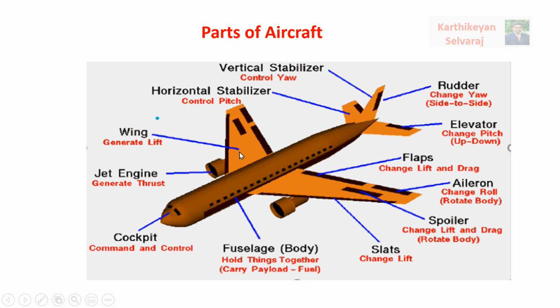So now you come to the parts. This is called the main wing. We have two main wings, and technically we call them the starboard wing and the port wing. How can we understand the meaning of starboard wing and port wing? You have to imagine you are sitting in the cockpit and you are facing the outside of the aircraft. You have to imagine it in such a way.